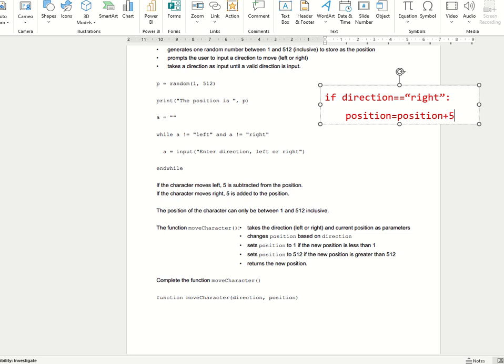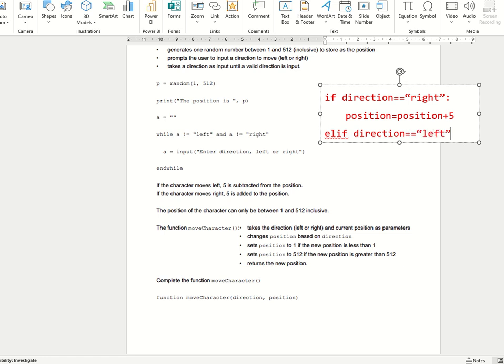plus 5. Now I know that some of you will be used to, or might have programmed something like this using a shorter operator here, the plus and equals combined together. I wouldn't do that. I'd write it out so that the examiner has no choice but to give you the marks. They're not going to miss it, because examiners might be trying to mark as quickly as they can. We want to make sure that they see that you know what you're doing. Okay, now else if. So elif, in OCR pseudocode it is else if. I think in VB it's else if, but in Python it's elif. They just shortened it. Direction is equal to